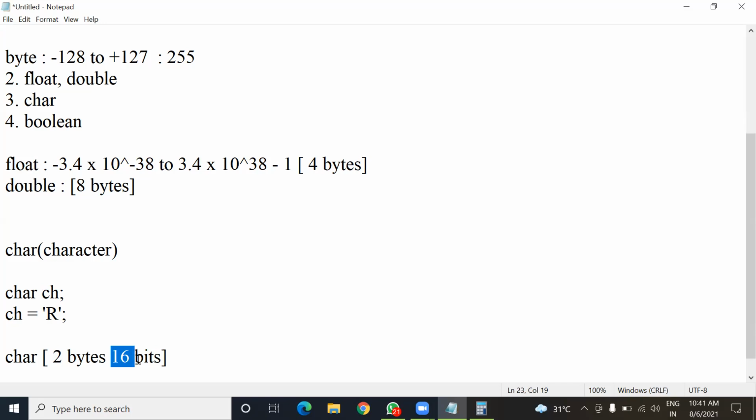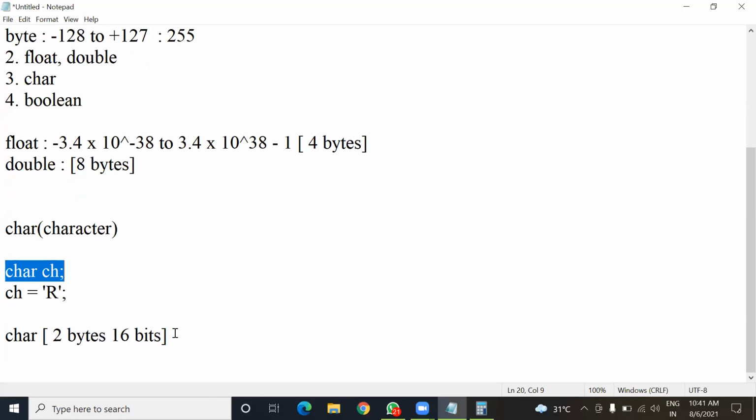So understood, everyone? Yes, sir. Whenever it is required in the program to declare any variable of type char, you have to declare it like this.